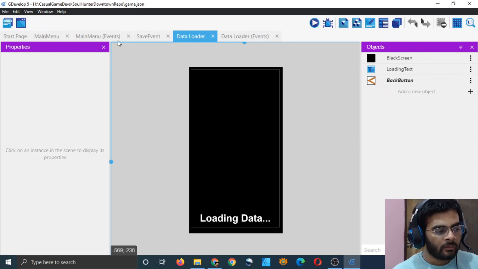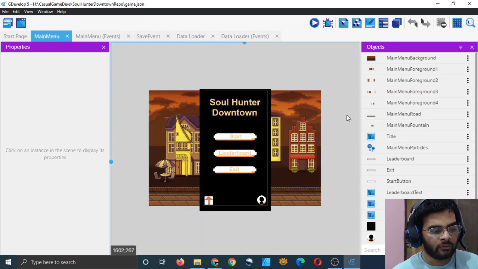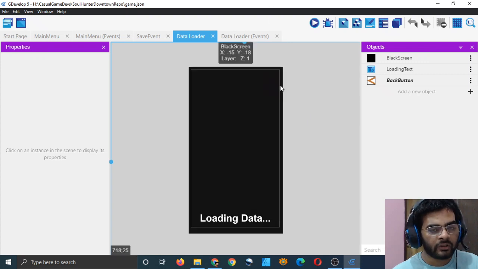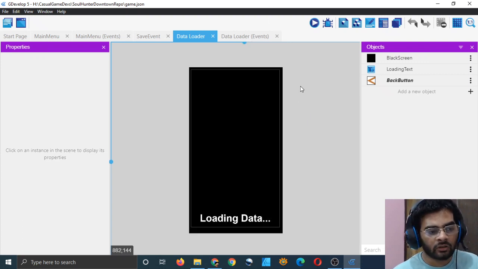But today I will just start from main menu, so data will not be loaded from the file and we will have all the default values of all the variables. If we start from the loading screen, we will have the saved values, and yesterday the saved values were, I think, 600 coins and some upgrades.